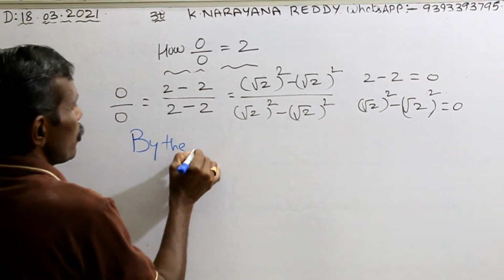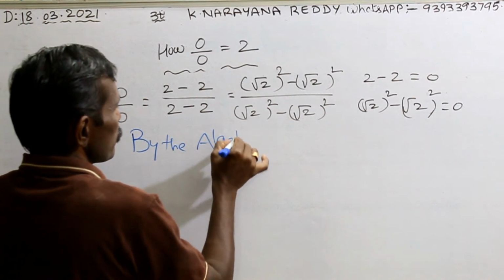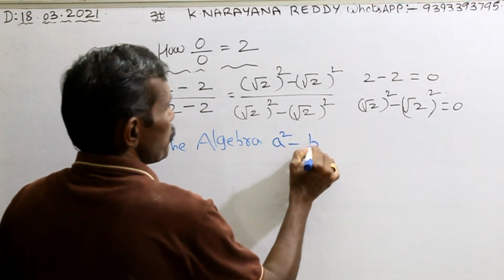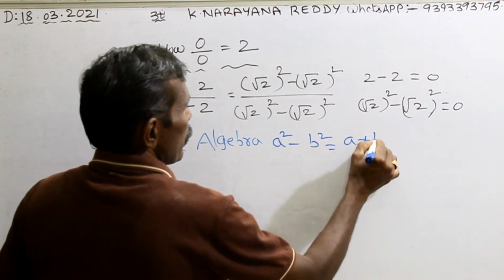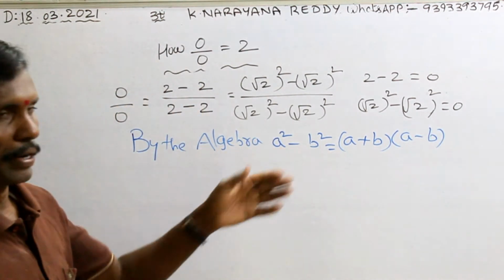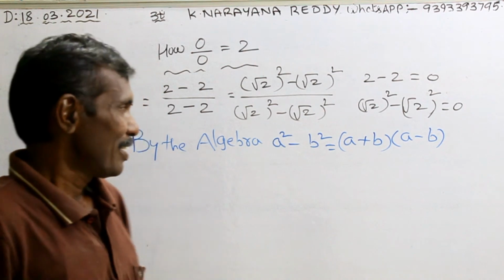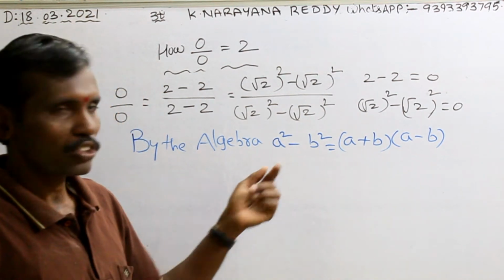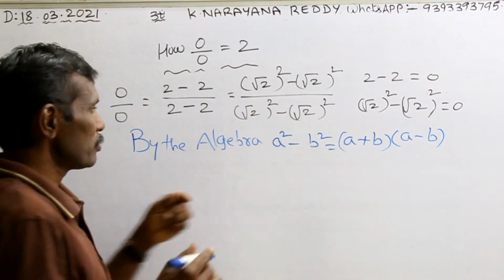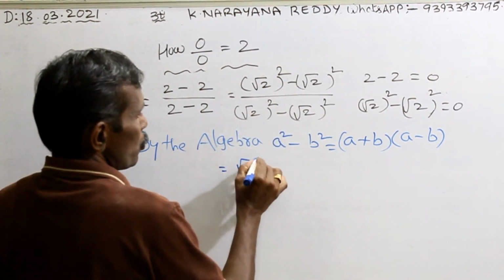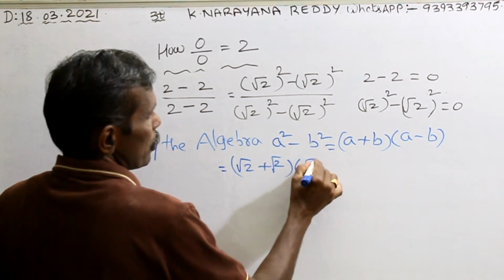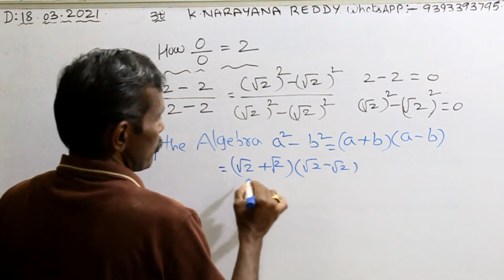By the algebra, a square minus b square equals a plus b into a minus b. You know that this is the property in algebra. A plus b into a minus b is a square minus b square. Now I write this in this form. That means a plus b means root 2 plus root 2, into a minus b means root 2 minus root 2, by